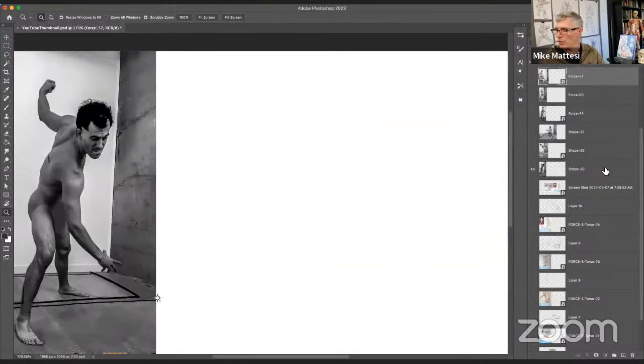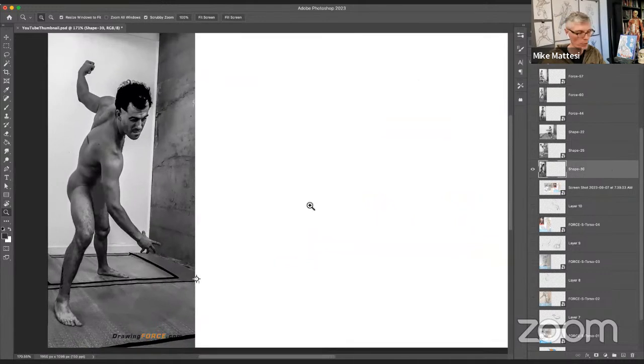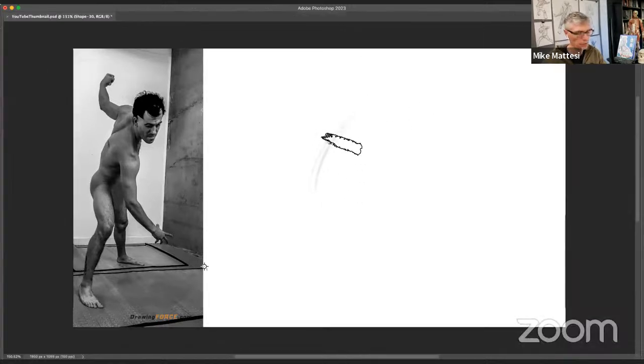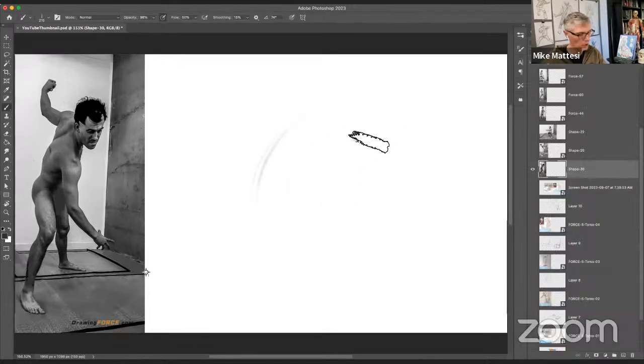Okay, so let's take a look at the photos, right? So here's our first picture. So what's going on here, right? Pretty challenging photograph, trying to figure out the torso and the rib cage. But what can I see? Well, I can see that he's got a strong curve for his back, right? So he's like this, right? We got this strong curve.